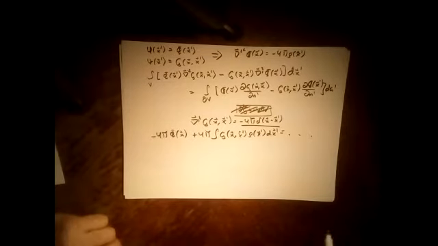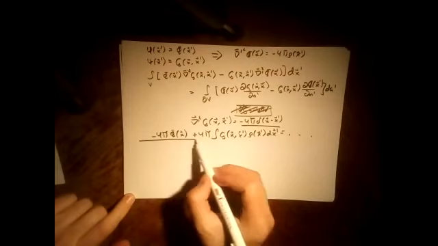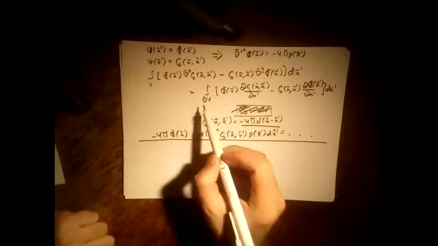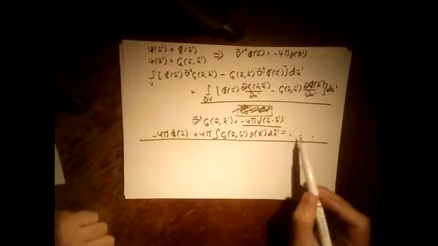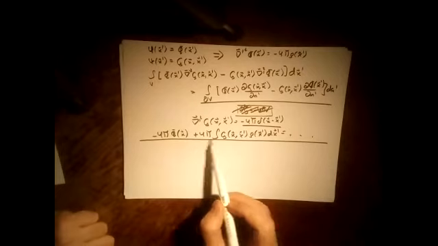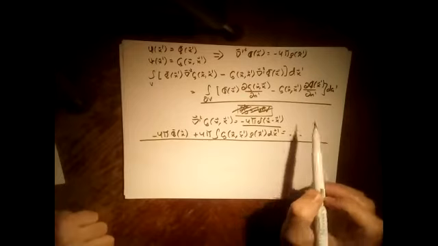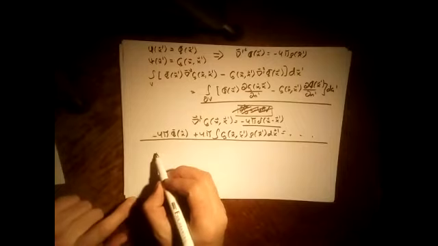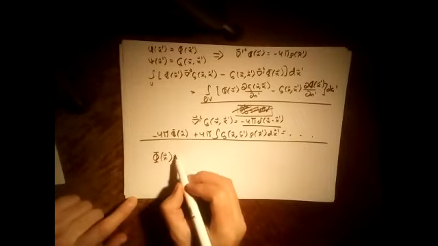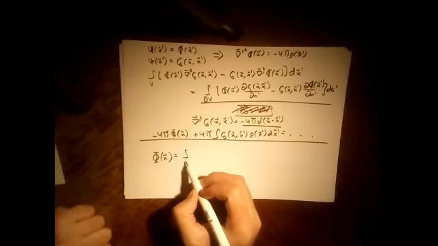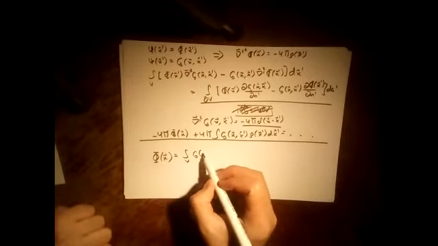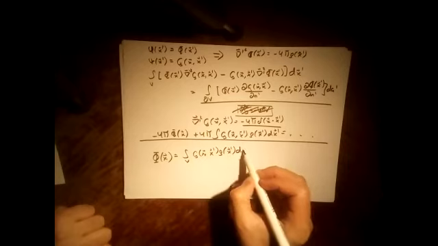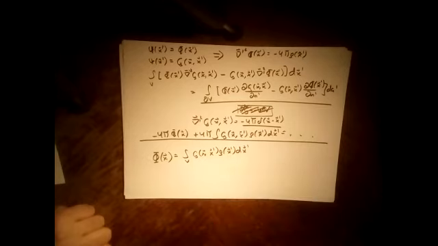Let me rewrite this in the way I want to see it. This is the right-hand side of this equation, which I didn't write; that's what the dot, dot, dot indicates. I'm going to take this side over on this side, divide by 4 pi, and multiply by minus 1. So with a slight rearrangement, phi of x is equal to the integral over the volume of G of x, x prime, rho of x prime, dx prime,